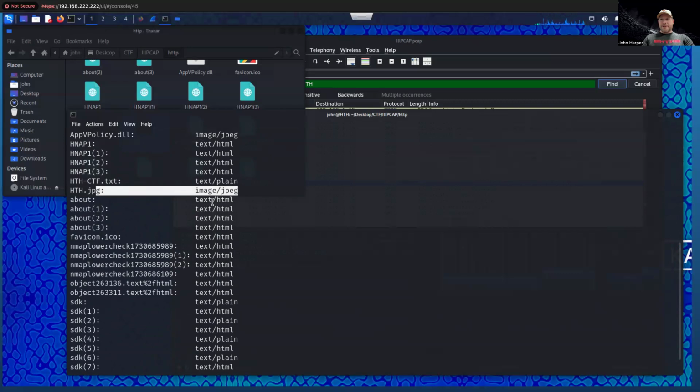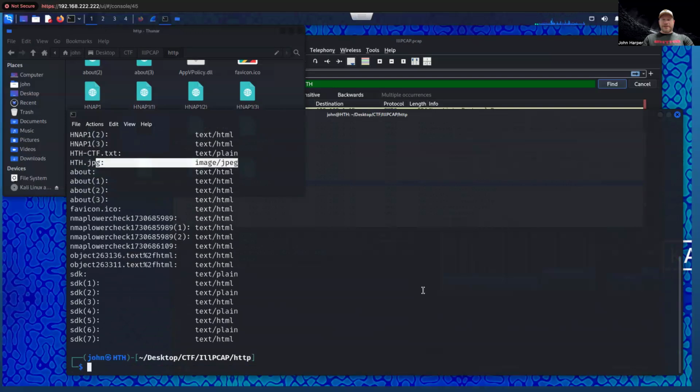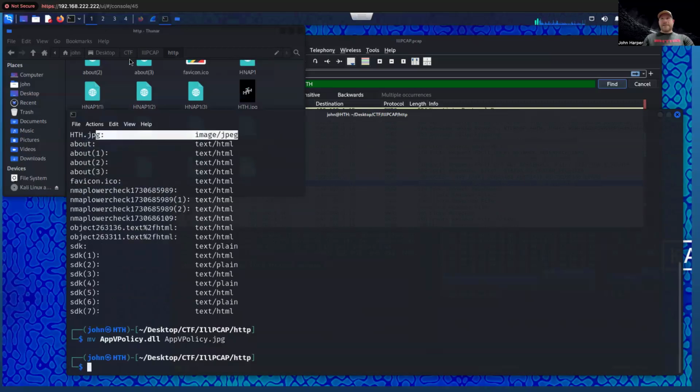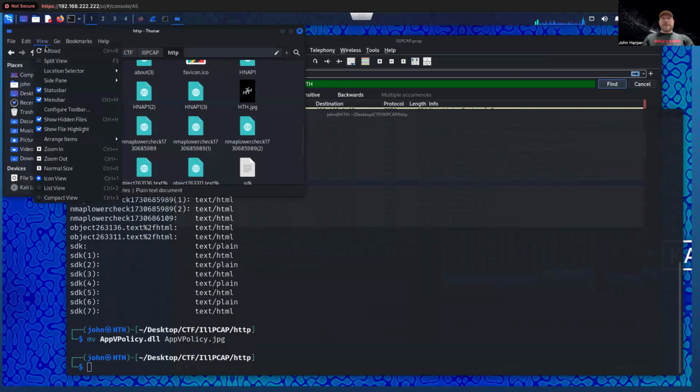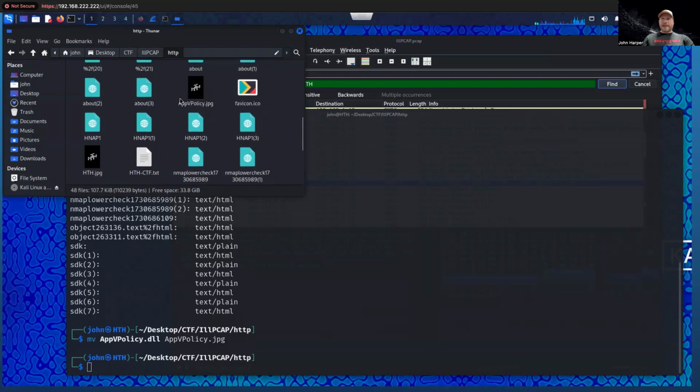There's obviously that image. It actually is a JPEG. So that's really the only interesting thing there. That app v policy DLL is actually a JPEG. So let's just move it back to what it is. I'll call it JPG. So if I do that, I'm going to refresh. Sometimes it doesn't load right. Yep, cool. So we can see that it actually is basically just a copy of the